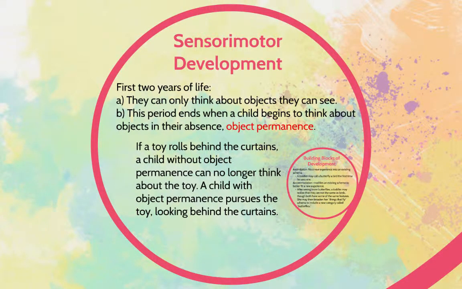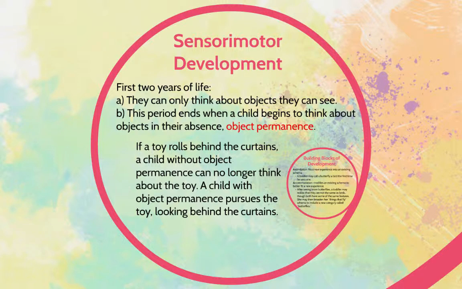Piaget's first stage is the sensorimotor development stage. This covers the first 2 years of life, with mental activity limited to schemas about sensory and motor functions. Sensorimotor infants cannot form schemas about objects and actions that are not present. They can only think about objects in the here and now, directly sensing or acting on them. This period ends as a child begins to form mental representations, thinking about objects in their absence.